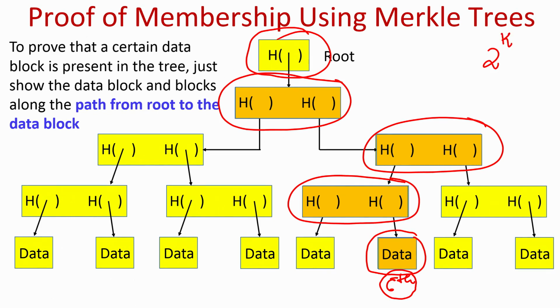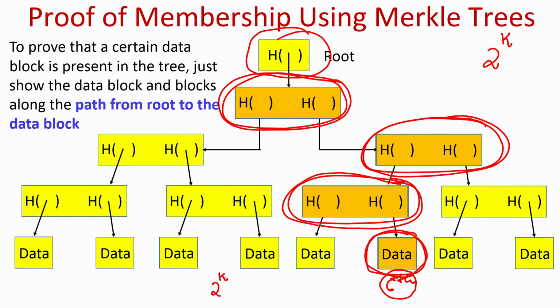Basically, for each layer of this complete binary tree, he has to just give me one node value. At this layer he has to give me the binary contents here. At the second layer he has to give me the binary contents of this node. At the third layer he has to give me the binary contents of this node, and at the last layer he has to give me the ith data block, in this case the sixth data block. That means if you have a Merkle tree with 2 to the power k number of data blocks, and you want to fetch only a particular ith data block, then the number of binary strings which the person has to give back to me is of order k only, not 2 to the power k.